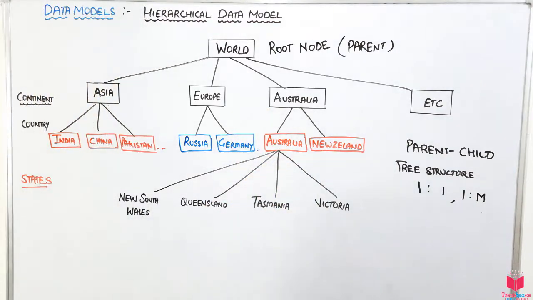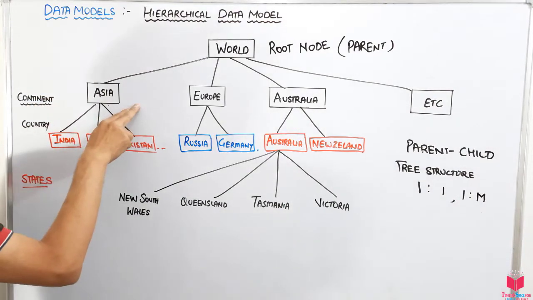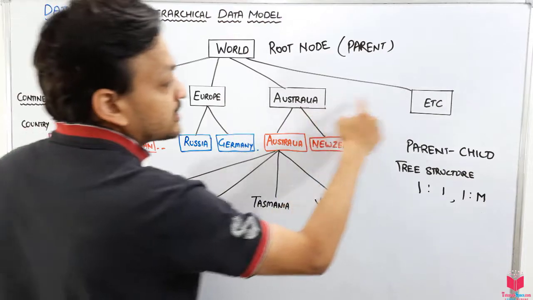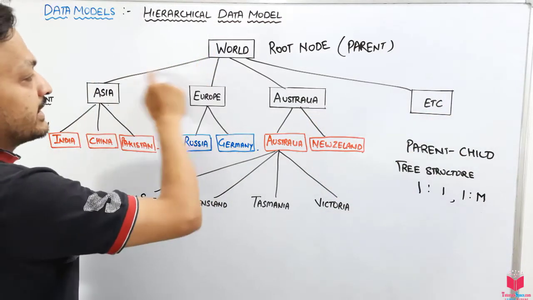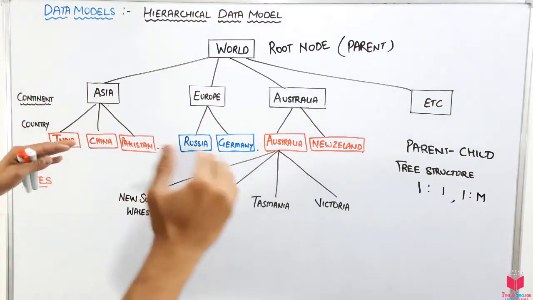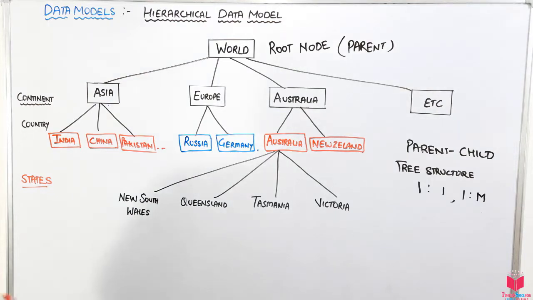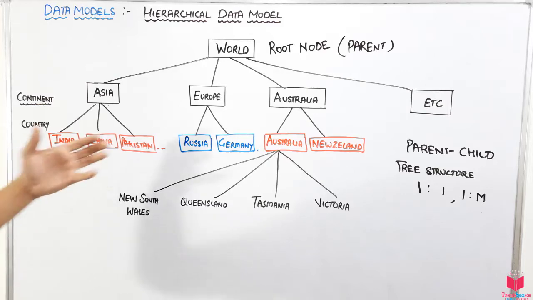Okay guys. So in this way, this is the parent and these are their children. This is the link which tells the relationship between them. Then we have the states. If somebody asks what states come under these countries,